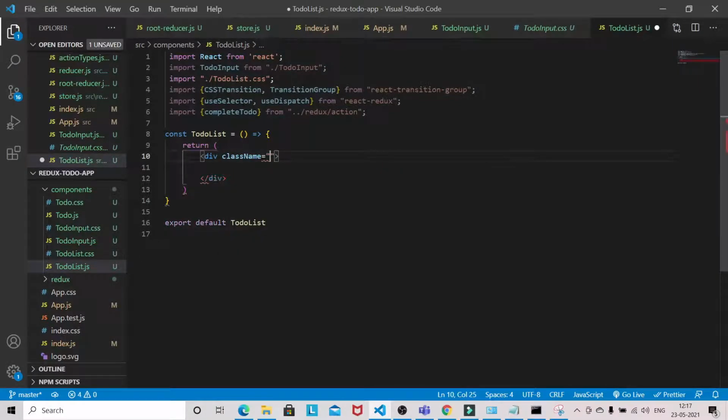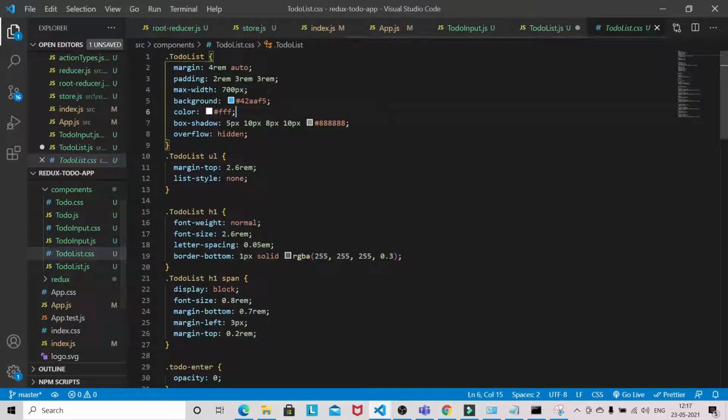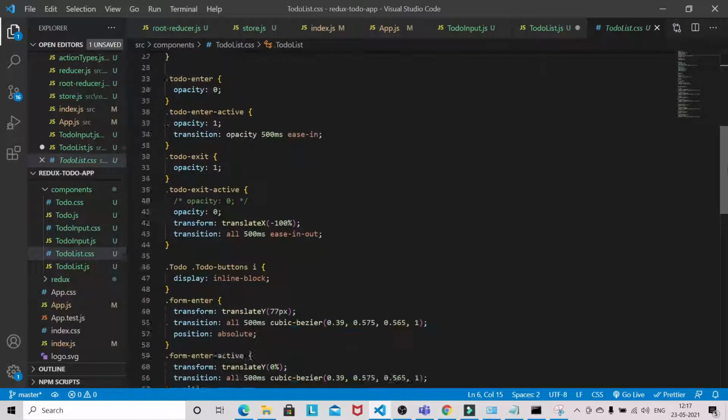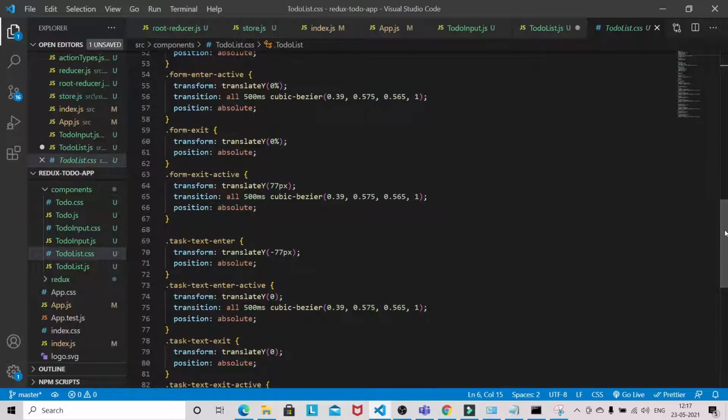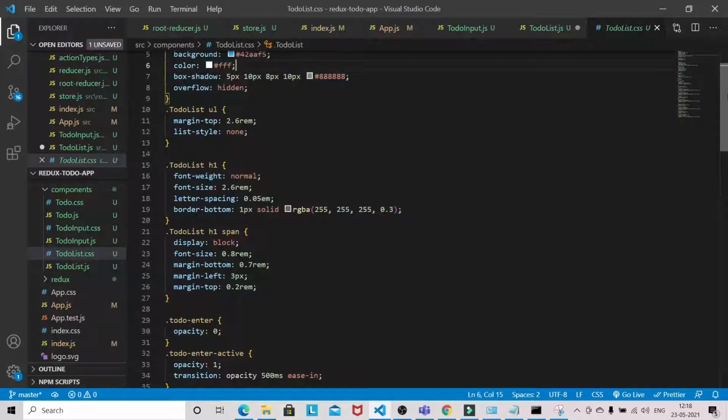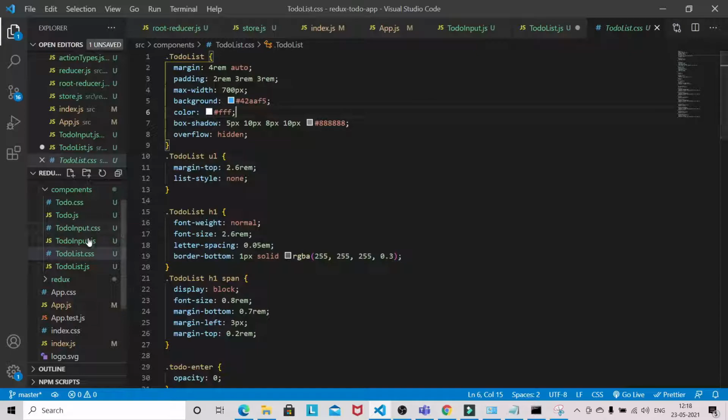So className, I will give the class name todo-list. This is what is defined here, all the styling related to the class name. So either you can copy it by watching this one, or you can download from the GitHub resource link.